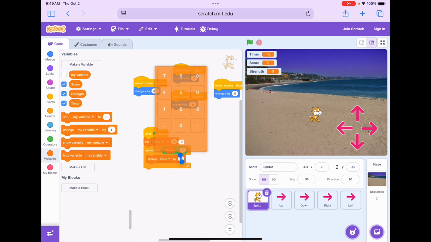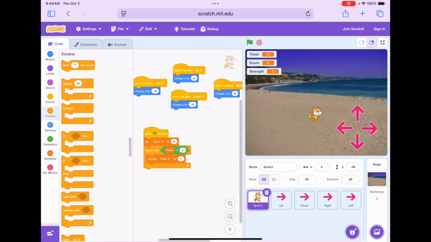And what we need it to do is to wait 1 second every time it does that. So repeat until timer equals 0. We will wait 1 second and then change timer by -1. So let's check that out. 14, 13, perfect. Awesome. And then once it gets to 0, we will have it say game over and we'll